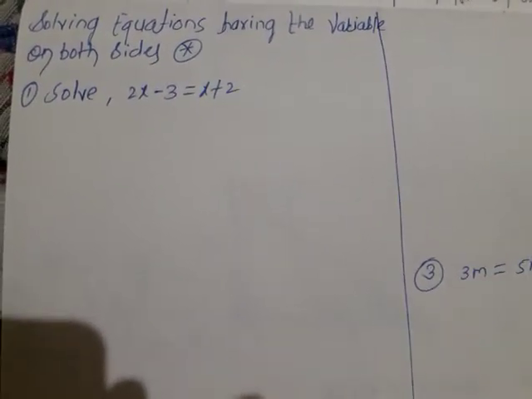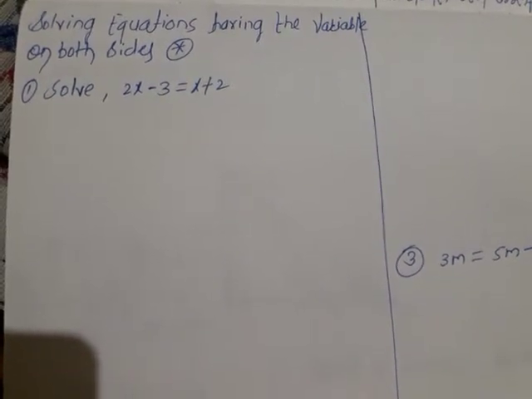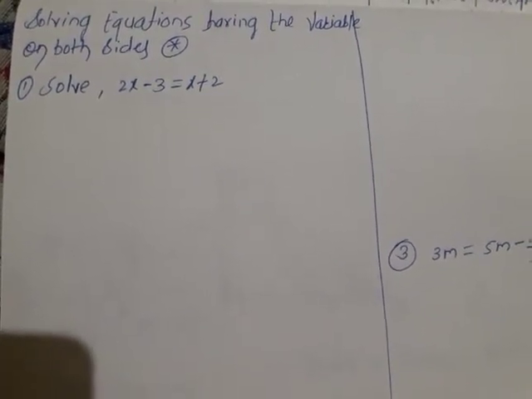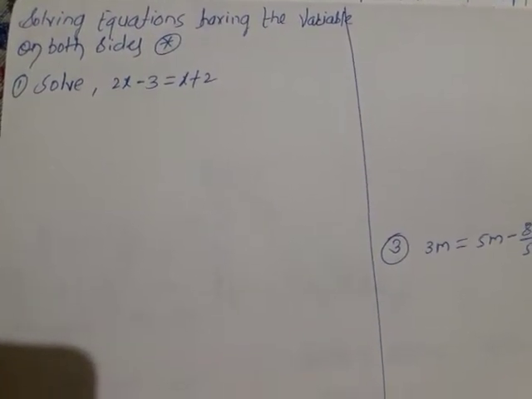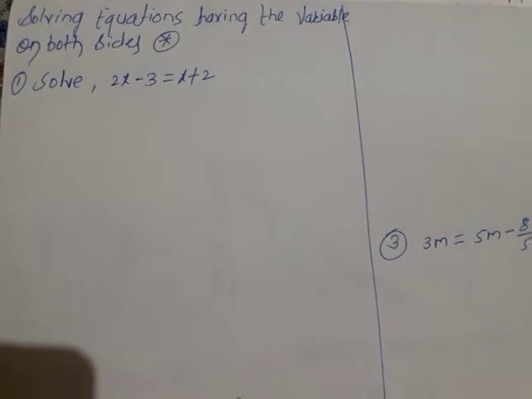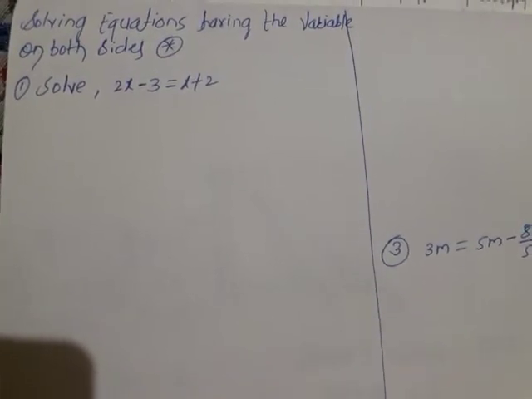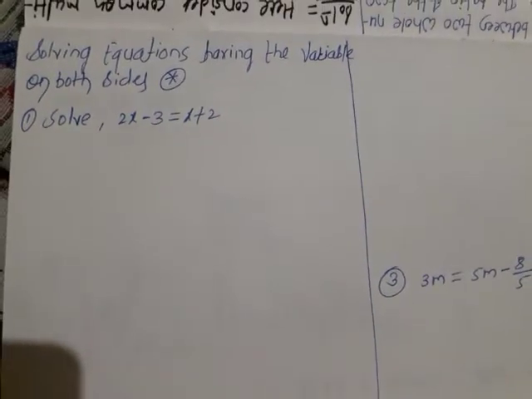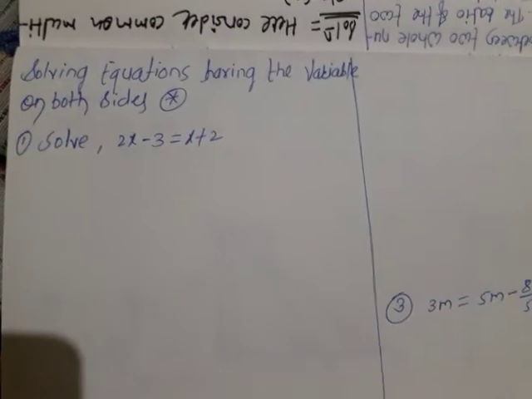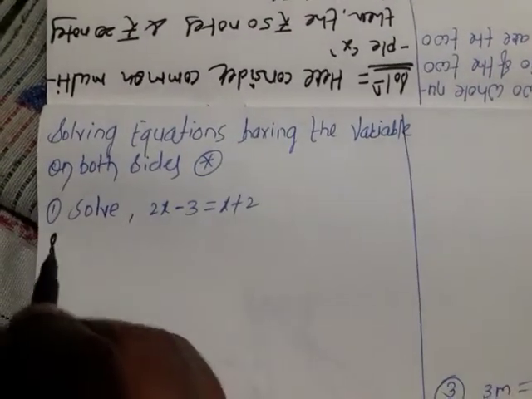How to solve those equations? Those equations are having variable on their both sides. If the variable is given on one side, that type of example we have seen. But now we are going to face such a type of examples. Those examples are having variable on both sides. How to solve this? As usual only, but little different. What is that? I am going to show you. Listen here and try to understand.